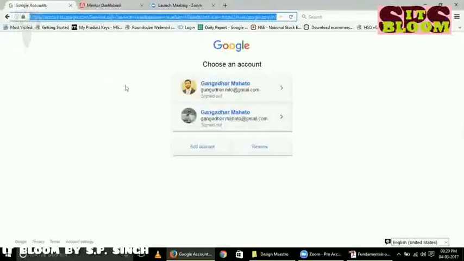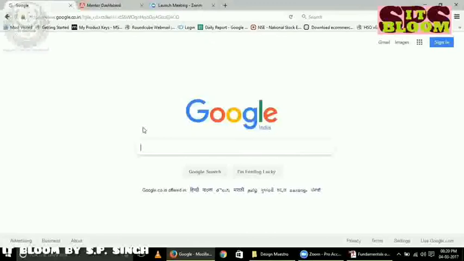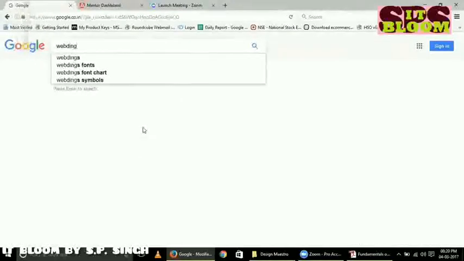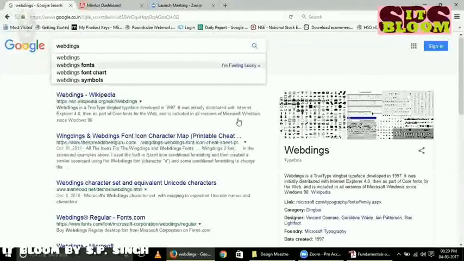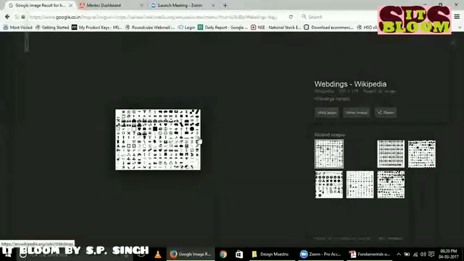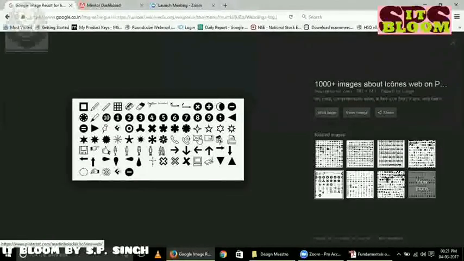Let me show you. If you go to Google and type it, or you can also use Webdings, it's already installed on our PCs. This is called the Webdings font. I think all of you have seen this kind of font. So this is a part of pi fonts.